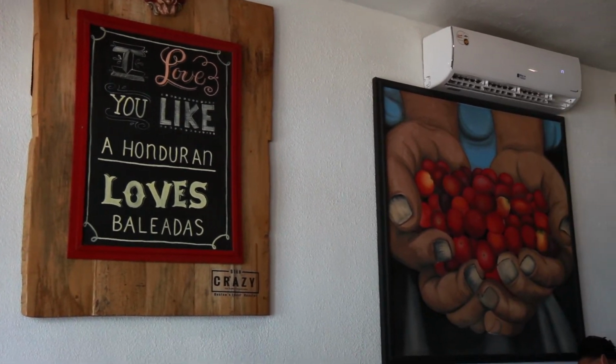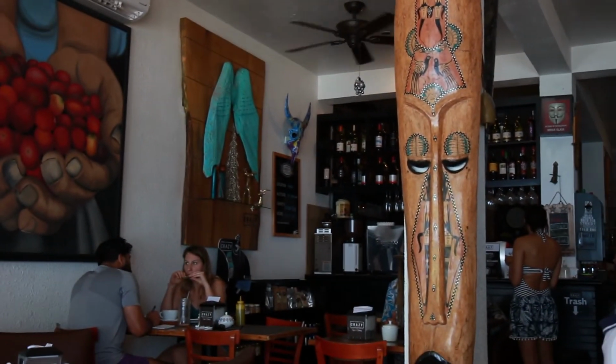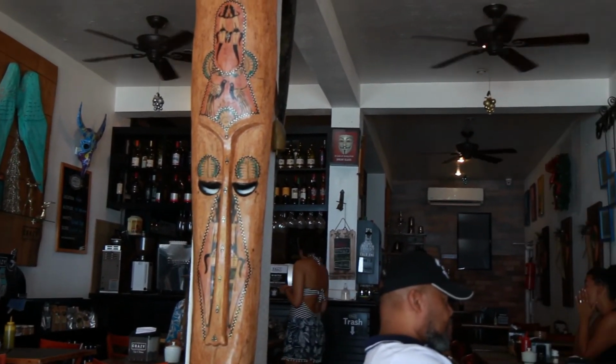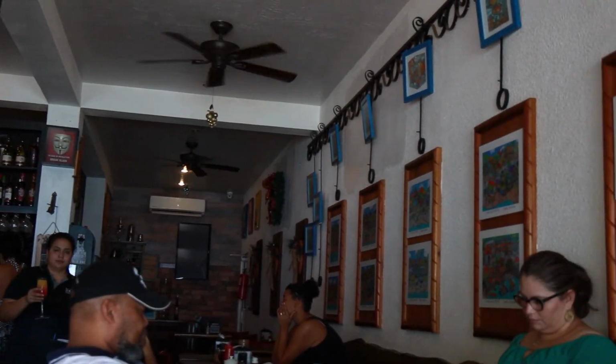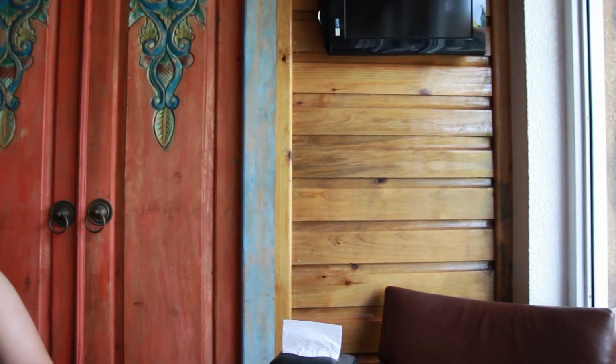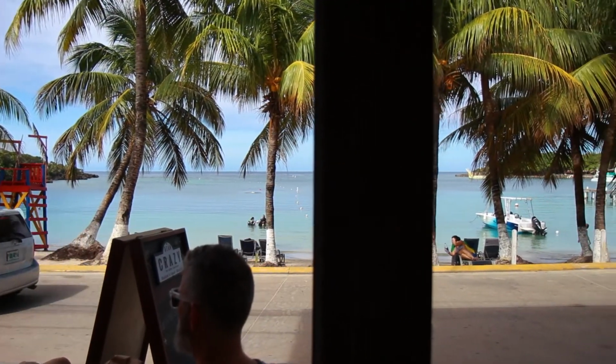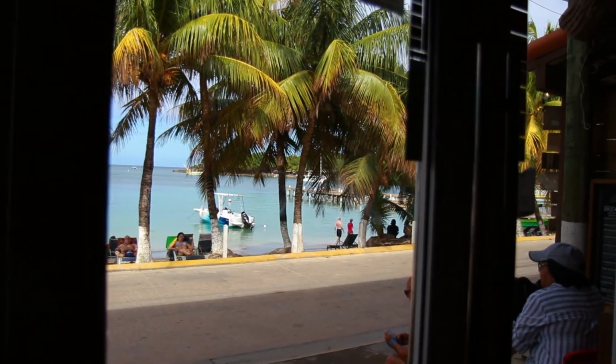We started off our day at a place called Bean Crazy, and we were staying in West End in Roatan, so all these restaurants are basically along the main strip of West End. Bean Crazy had delicious coffee. It's a coffee shop, but it also has great breakfast, and you just can't beat the views. Basically, the best part about this restaurant is just getting to be right on the beach and seeing those ocean